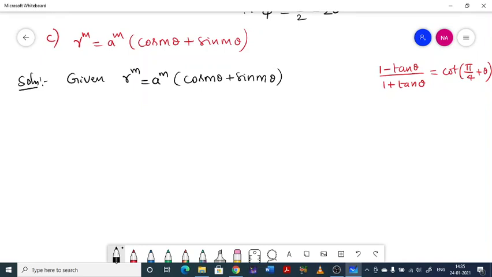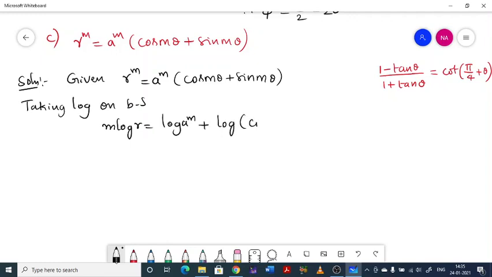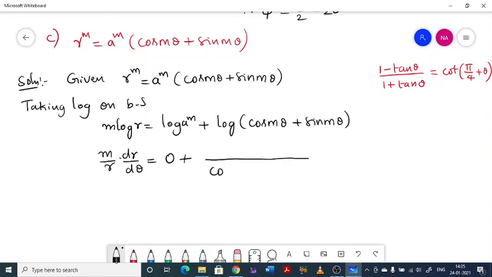So now taking log on both sides, m log r equal to log a power m plus log of cos m theta plus sin m theta. So it will be m by r into dr by d theta equal to 0 plus denominator will be cos m theta plus sin m theta, and numerator will be derivative of